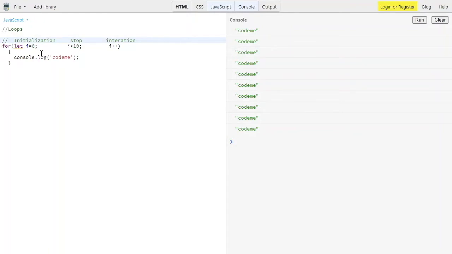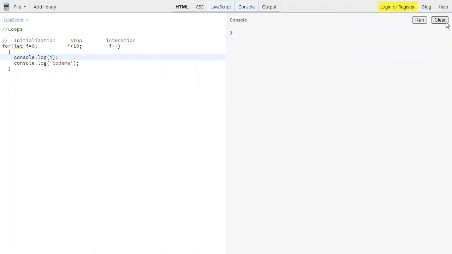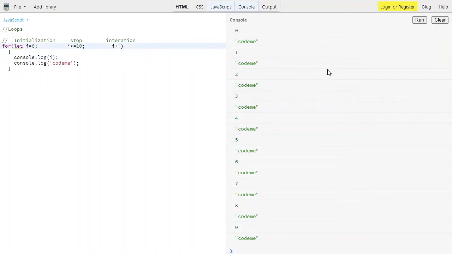You can also print the value of i with console.log. Let me print the value of i also. I'm clearing it and running this. See, it's 9 times. If I make it equal to 10, then it will run 10 times. As you can see, it will run 10 times. So that's how it works.